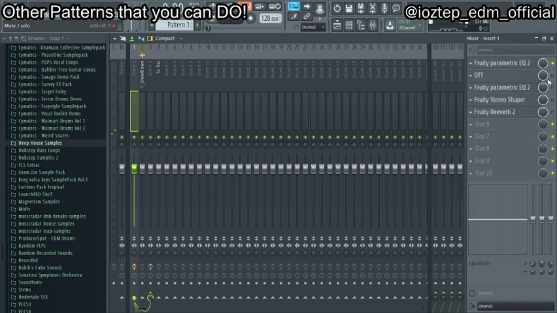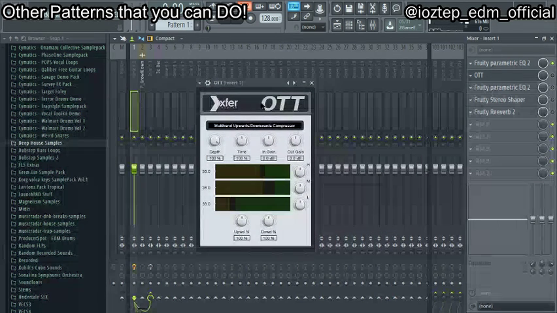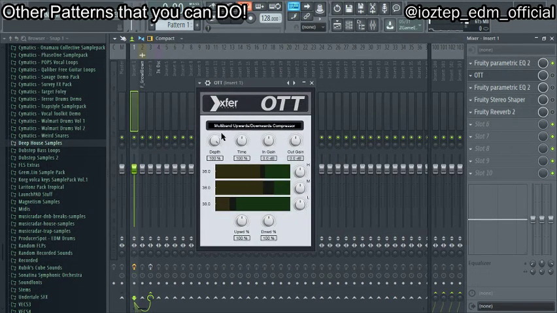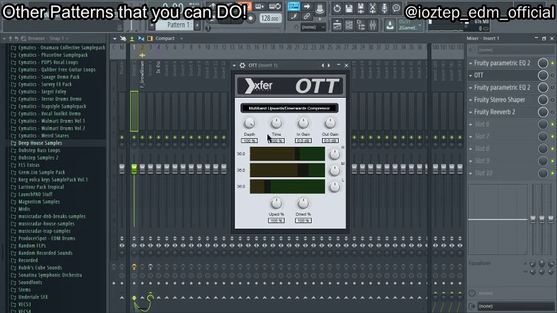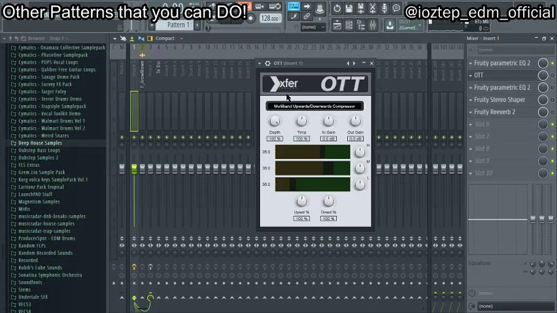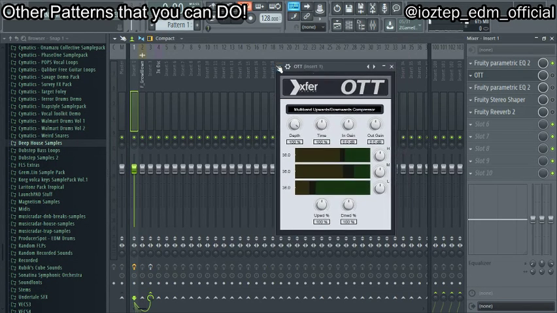Quite better. So now I use OTT. If you don't know what OTT is, it's basically just a compressor that is pretty useful. If you use Ableton, you'll find an OTT already installed. But Xfer's OTT, which is the company who made it, is a lot better than the Ableton one, because